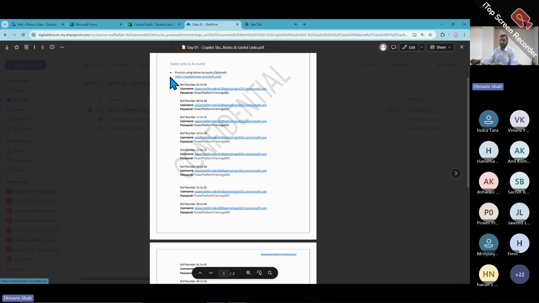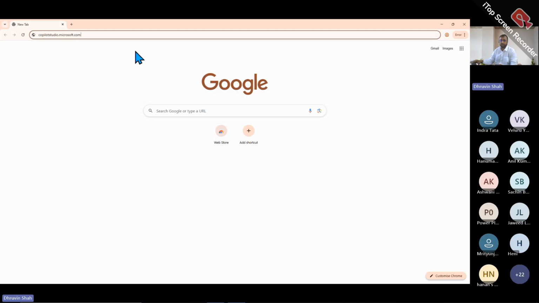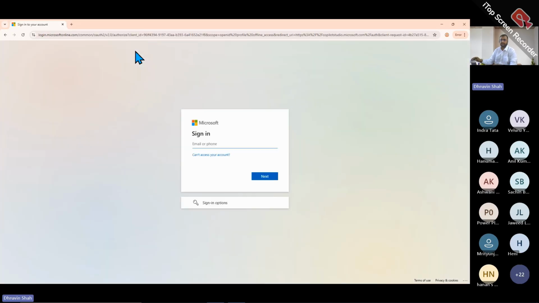If you don't want to type it, just copy it from your PDF and paste it over there. Okay, so copilotstudio.microsoft.com. This is something which you need to enter, and once you hit enter, it will open up this kind of login window. Credentials I have already provided, so let me just copy one of the credentials from the